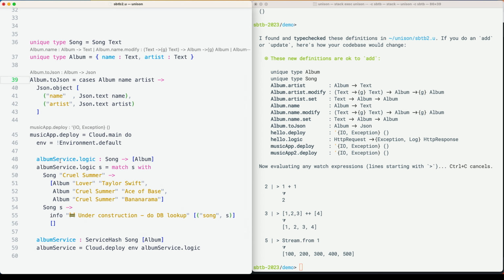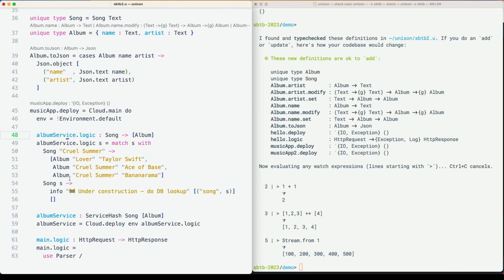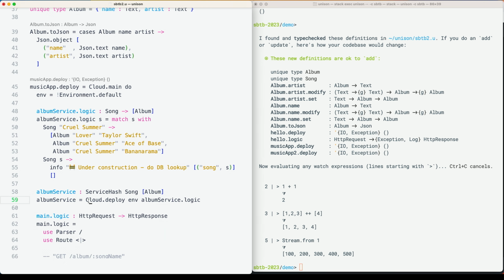Here is the logic of our service. It's kind of silly. We only know about this one song, Cruel Summer, and all the other songs we're just going to give up on. But the deploy, just like on the slides, does return a typed service hash.